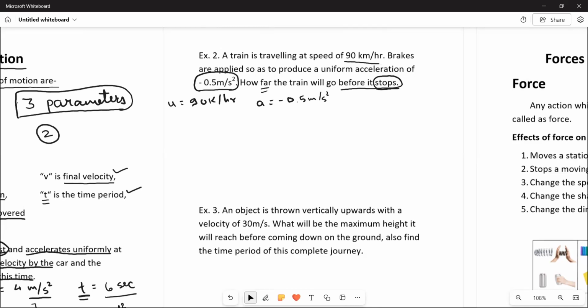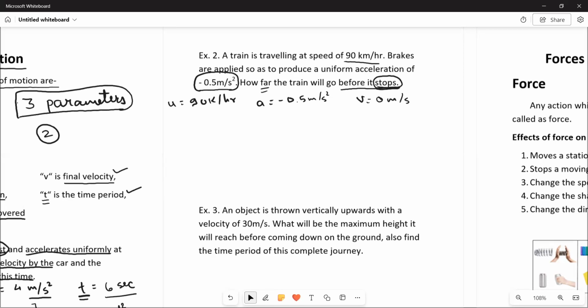But now here we are only given two values. What about the third one? It will come from this statement. How far the train will go before it stops. As it is stopping, we are getting the final velocity as equal to 0, because when an object stops, its velocity will be equal to 0 meters per second,